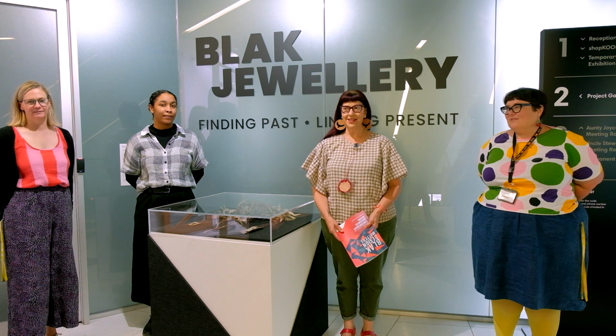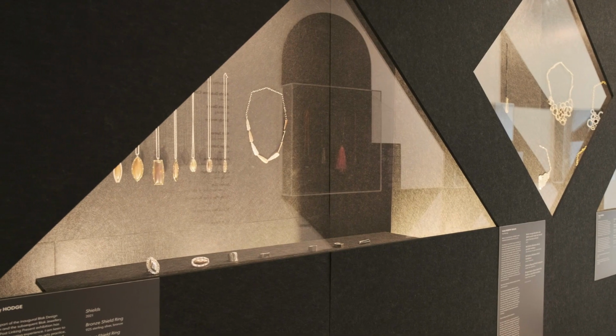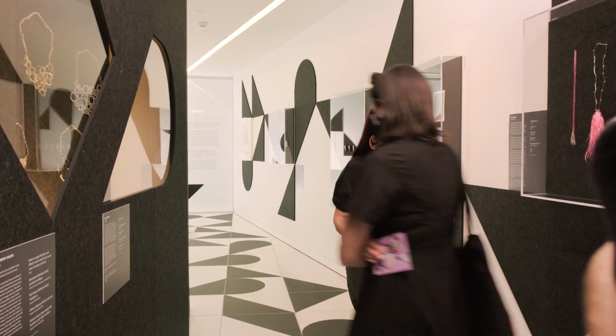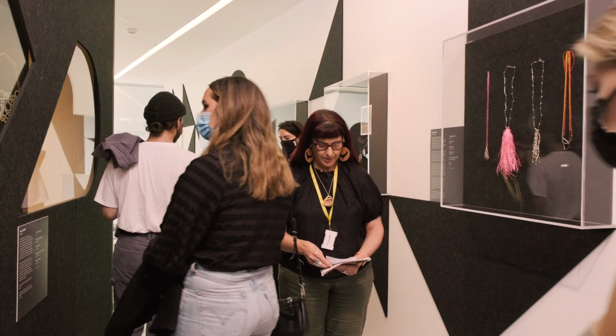We're here today to check out this exhibition, Blak Jewellery. The program was very much influenced by the Blak Design Matters, and I just have a booklet here that we have a few copies of still. I just thought I'd mention a little bit about how, out of Blak Design Matters and the wonderful exhibition and sessions that came out of that,